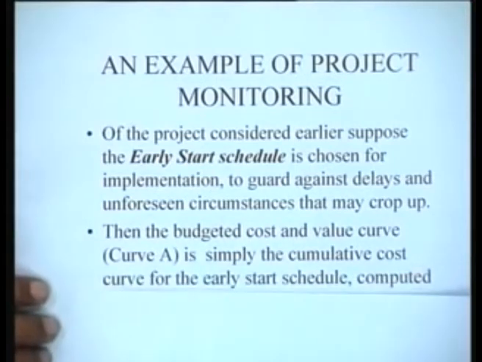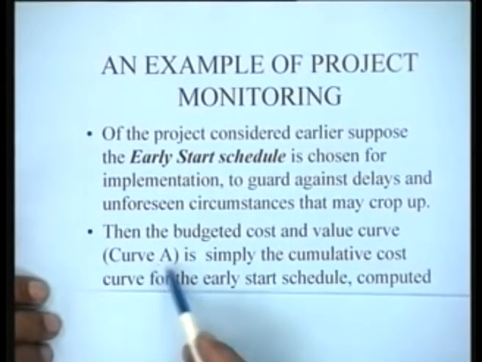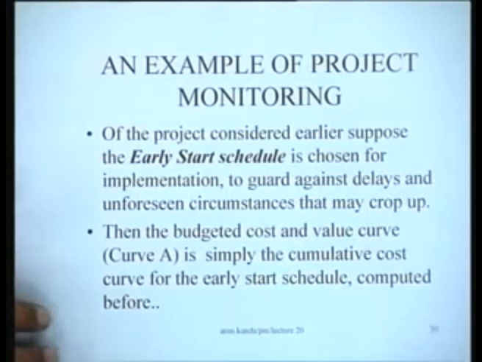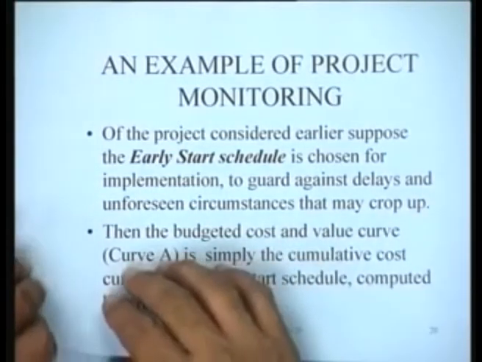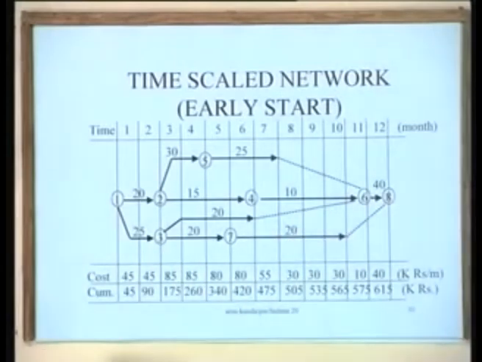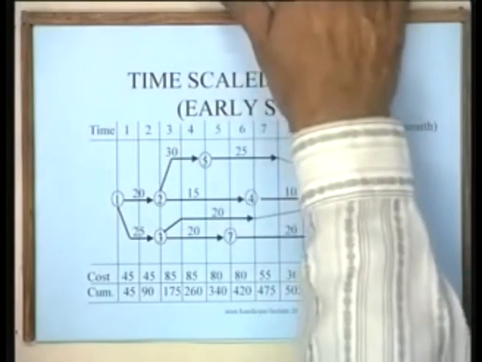Then the budgeted cost and value curve, which is curve A, is simply the cumulative cost curve for the early start schedule computed before, right? So, if you look at that particular project, let's look at the early start schedule for this project. This is the early start schedule, and we are going to now take this schedule as the plan. We are saying that we are implementing the project as per this plan,